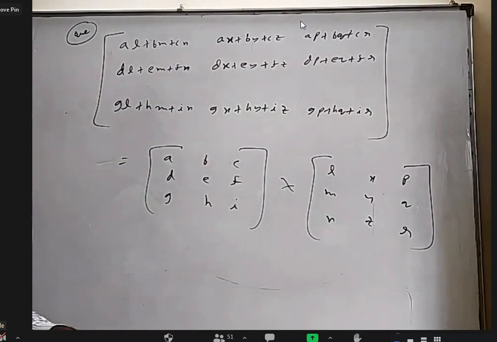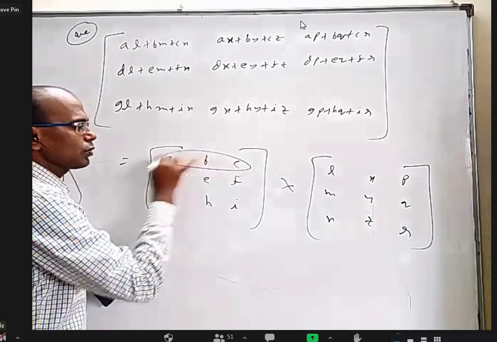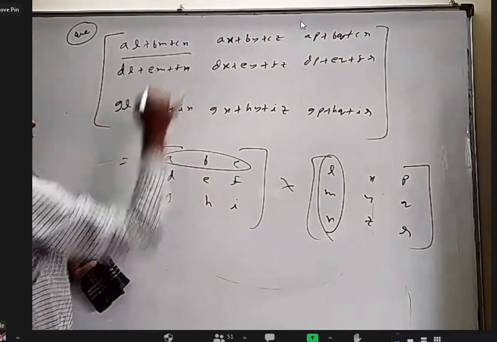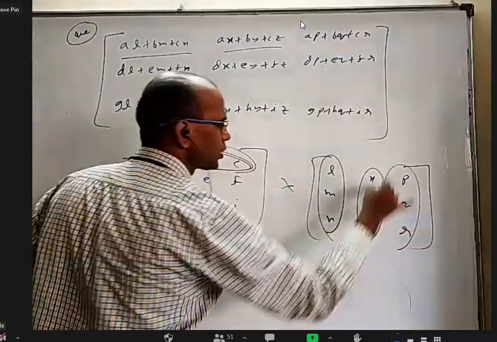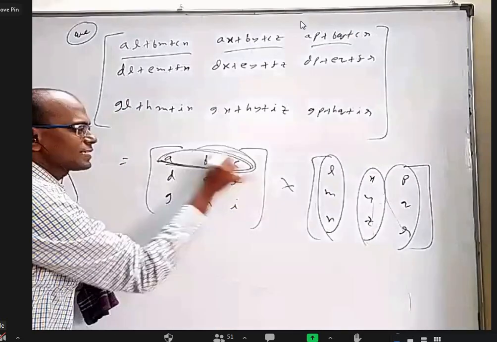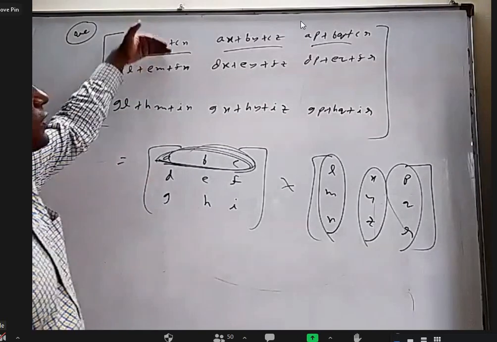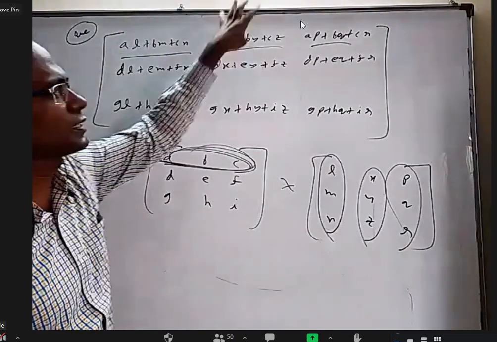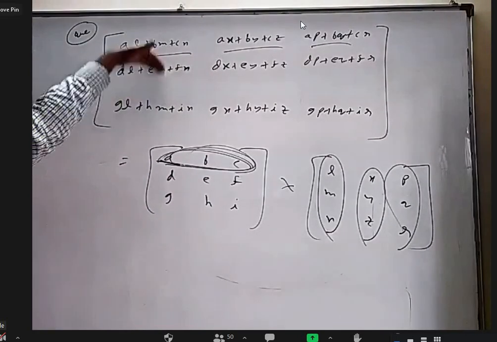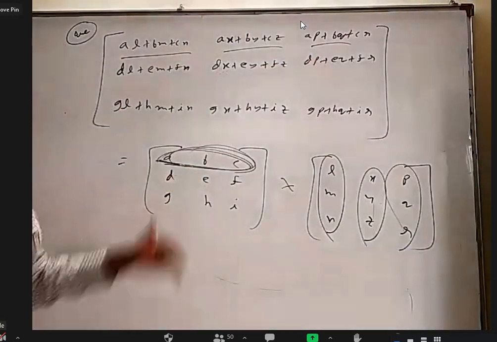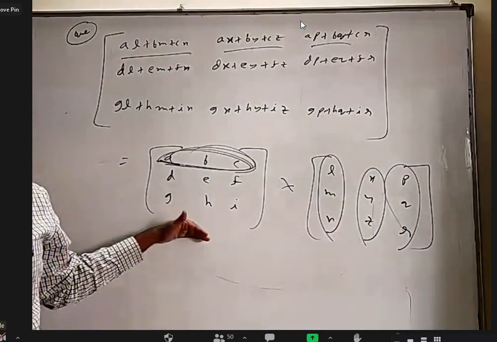Okay. All right. So basically what it is, first row into first column will come here. First row into second column will come here. First row into third column will come here. That means these elements you should see here also, here also, here also. Anything that you see in the first row, 3 elements here, 3 elements here, 3 elements here, they must be the first row here. Anything that you see common here and here and here, it must be the second row here. Anything that you find common here and here and here, that must be third row here.